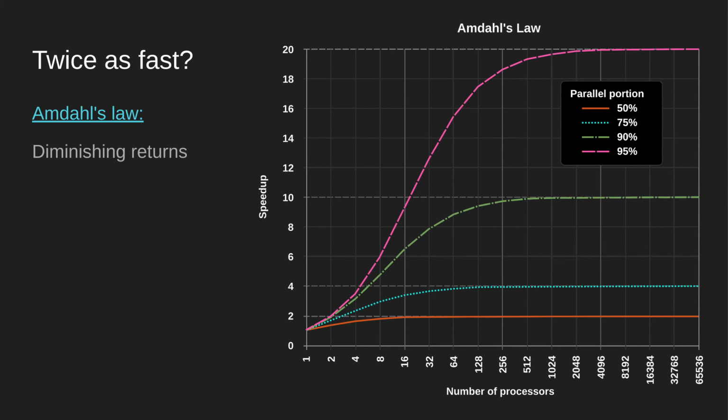So you would say that it is twice as fast, right? If you do two computations at once, instead of waiting for one to complete and then waiting for the other, you're doing it at the same time. So it saves time. Well, Amdahl's law is here to ruin our day and give us nightmares, because it's not always that simple. Not every program can be parallelized easily.